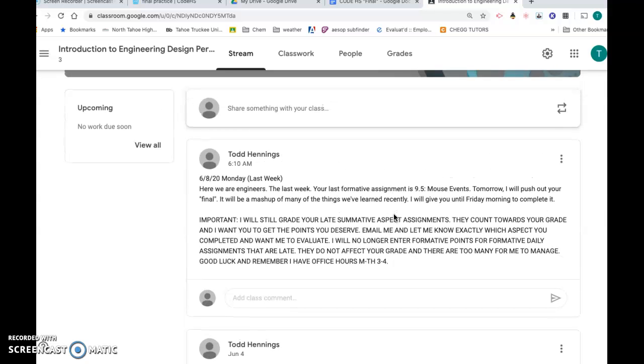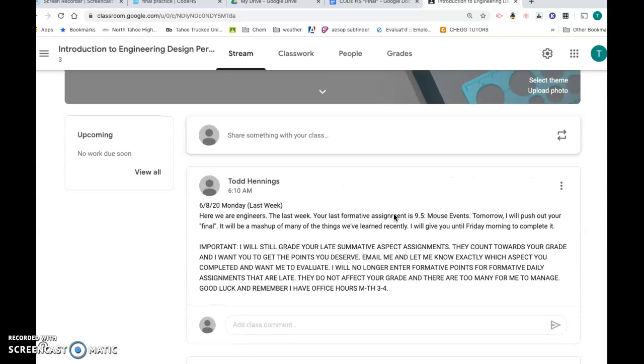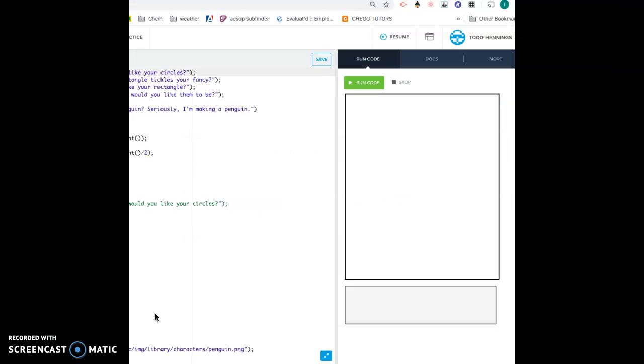So let's take a look at what I'm going to be asking you to do for your final. Here's an example of the final. Remember, you're going to make this in your sandbox. We'll call it something to the effect of final. You're going to use graphics, so make sure you select graphics when you go to JavaScript. I'm going to hit run and show you what it actually looks like, and you'll see the different things that we've been studying over this year that we want to incorporate in this final project.